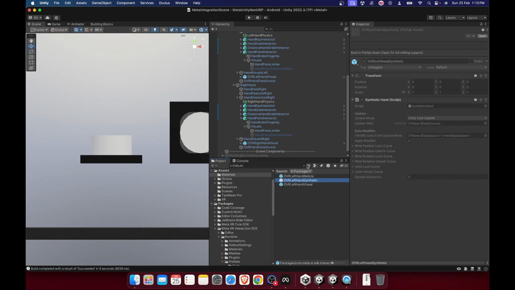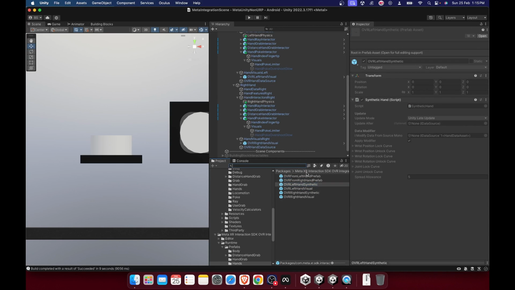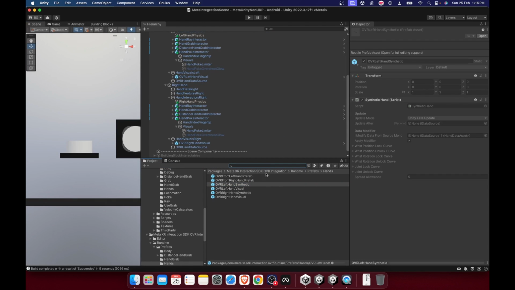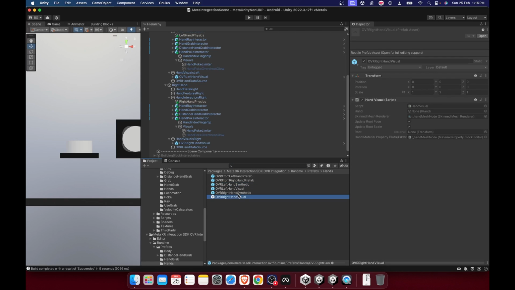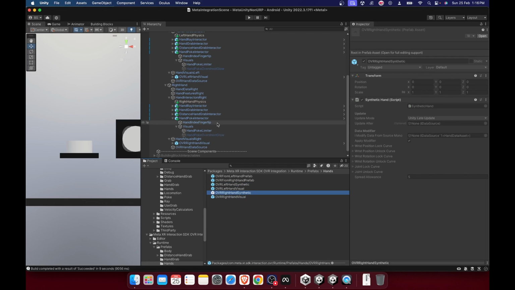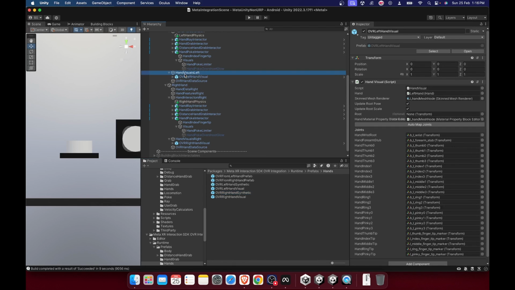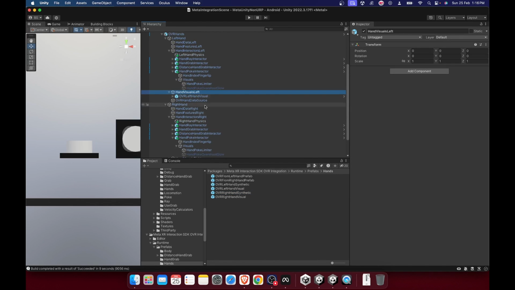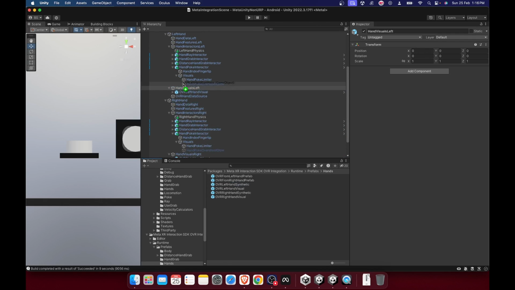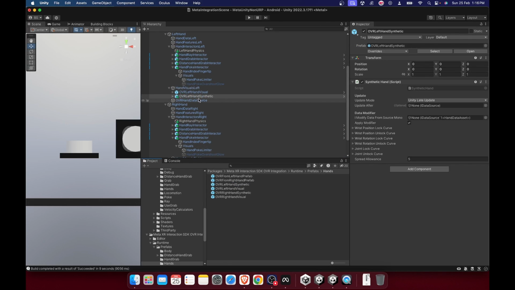You can search for it, and make sure you search in packages, because this prefab exists in the Meta XR Interaction SDK OVR Integration package, and not the simple Meta XR Interaction SDK package. So if you don't have that prefab in your project view, make sure you have the OVR Integration Meta XR Interaction SDK. So let's drag and drop the left hand synthetic onto the hand visual left,